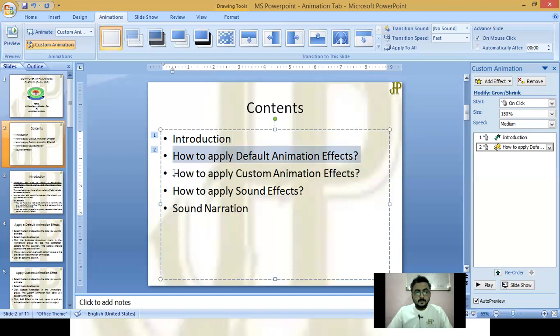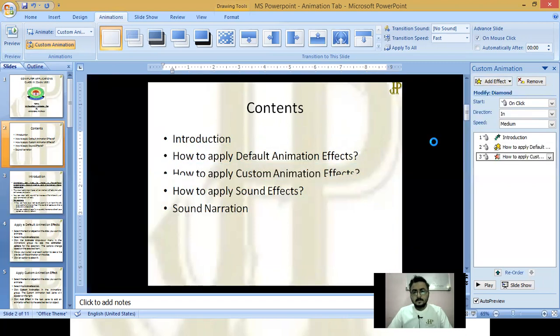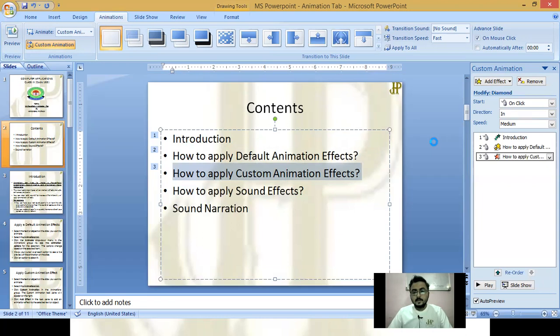Again, in the next one, select the text, click on add effect, go to exit, and then choose diamond. Here you can see the effect. And at the last,